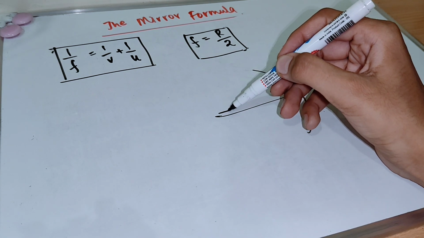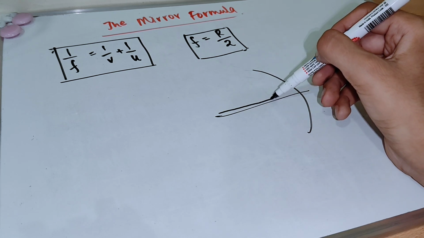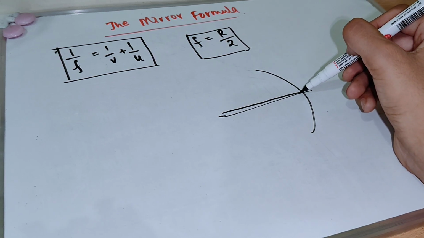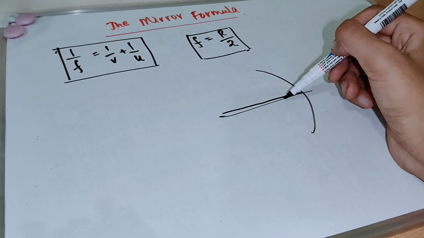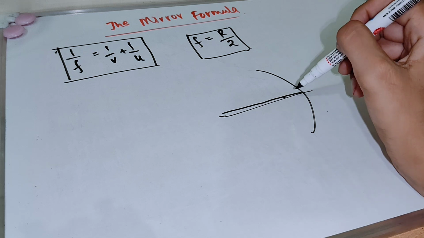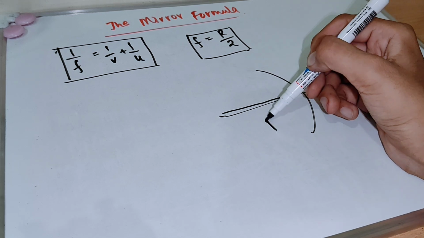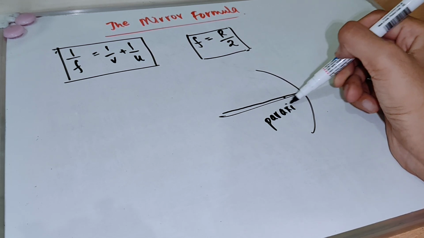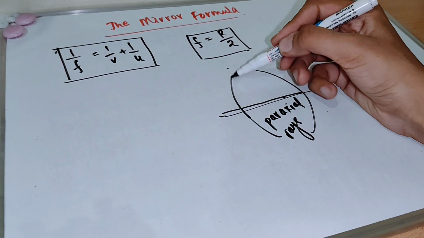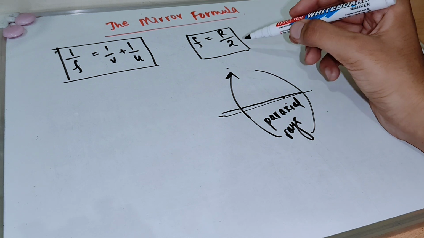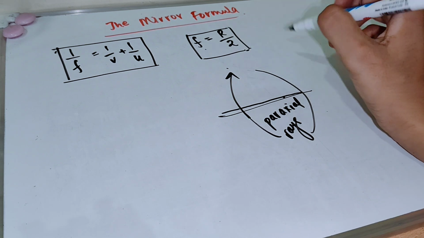Let's say I'm talking about this ray. It is incident like this. Now this angle that it is forming is so tiny. So we are talking about these rays. These are known as paraxial rays. So for paraxial rays, only and only for paraxial rays, the formula is that the focus is half of the